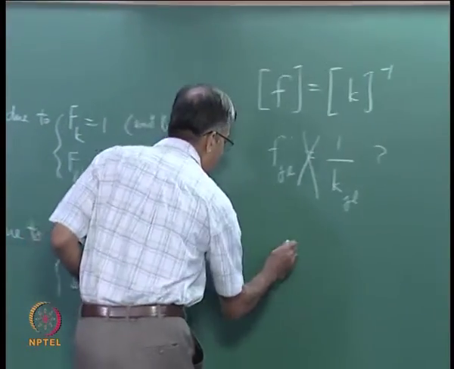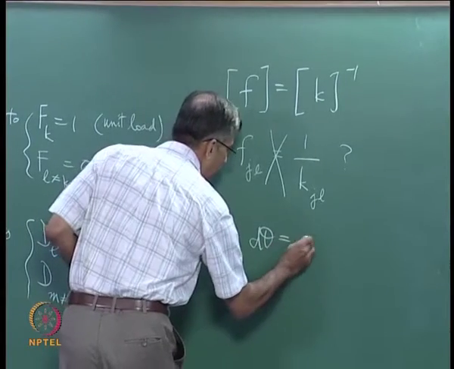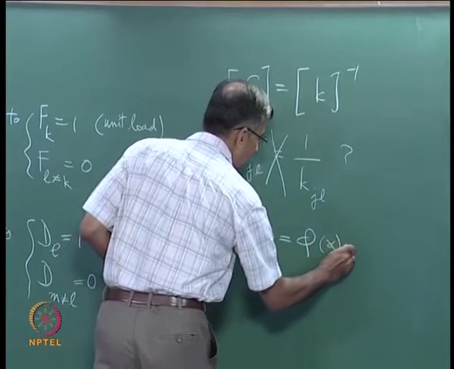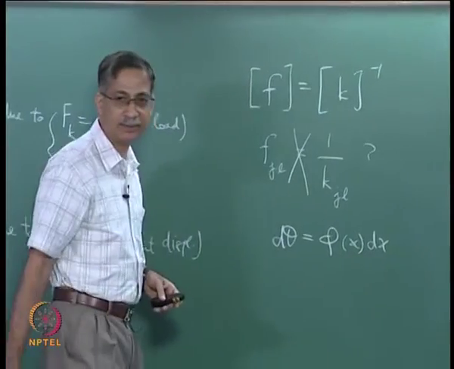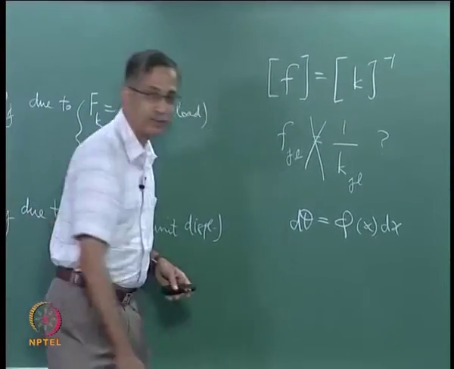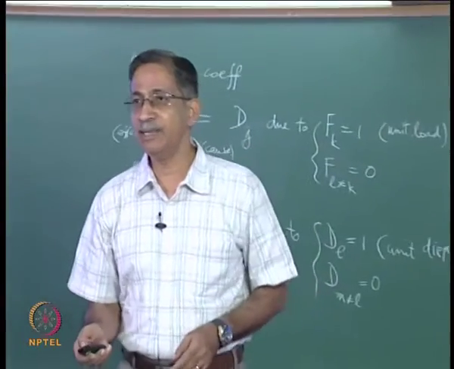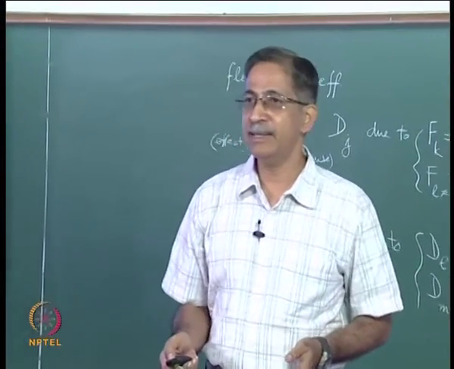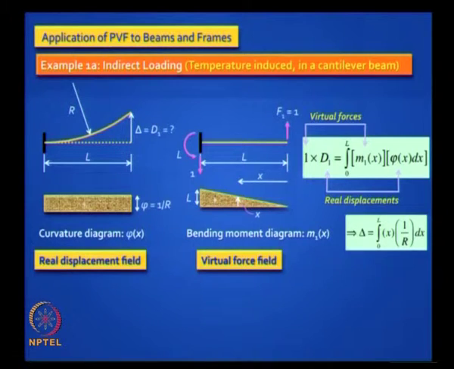Change in rotation is given by d theta. D theta is given by the curvature, right. So that is what we do. That is the integration we need to do, and you can do the integration. In this case it is straightforward. If you take x from the right to left, it is convenient. The bending moment at any location is x and the curvature is 1 by r, it is a constant. So you are actually multiplying a triangle with a rectangle, it is very straightforward, you get the answer.